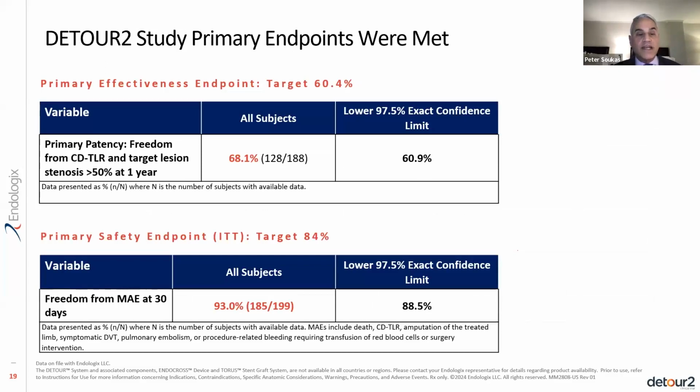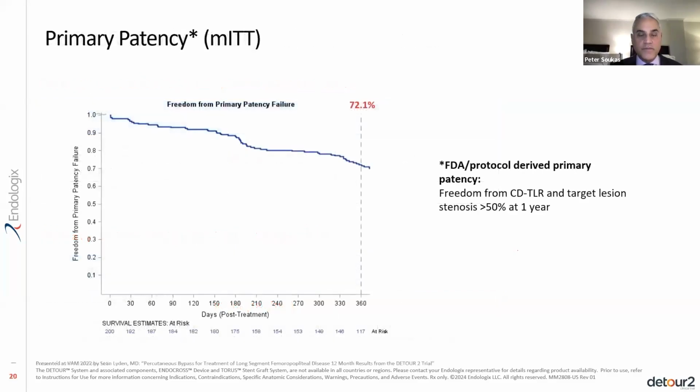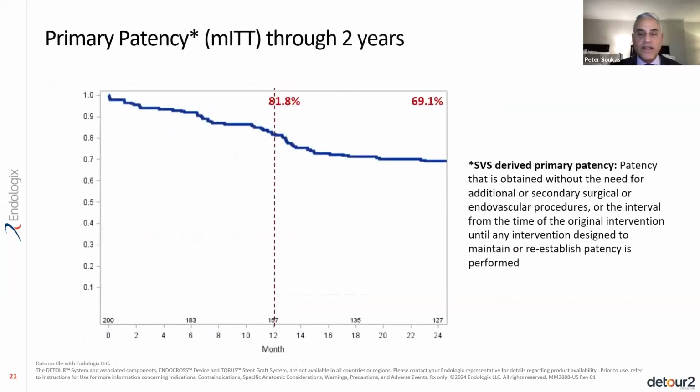Primary patency, which was again defined as freedom from TLR and target lesion stenosis of greater than 50% at 1 year, was about 68%. And freedom from major adverse events, the primary safety endpoint, was 93% in the study. Again, the modified intention to treat primary patency was 72%, again defined as freedom from TLR and target stenosis of greater than 50%. If you use the SVS-derived primary patency rate, it was 81.8% at 1 year and 69% at